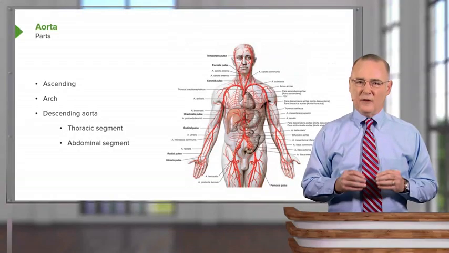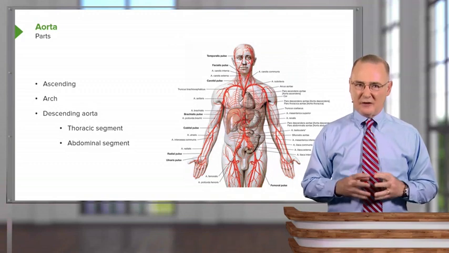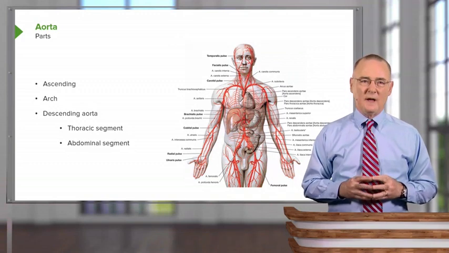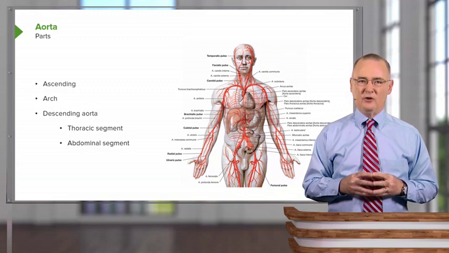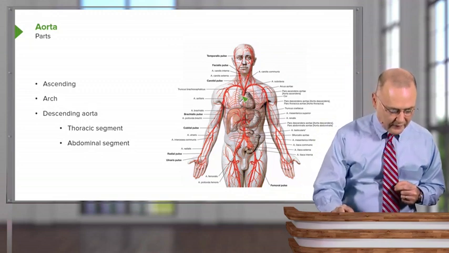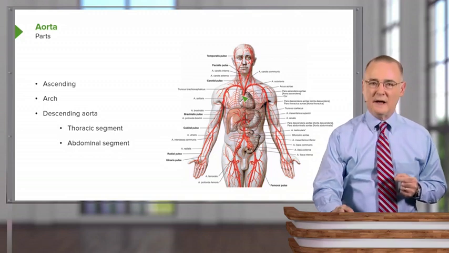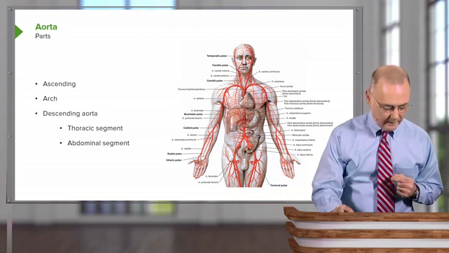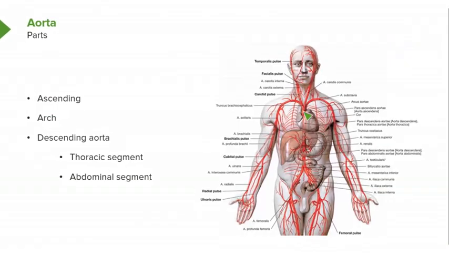Now we're going to shift to the aorta, the systemic circulation. The aorta has three parts that you should be familiar with. It has an ascending portion that we see right here. It's receiving blood from the left ventricle. The aorta then will arch superiorly and then will course posteriorly and to the left of the midline. And as it does so, it becomes the descending aorta, and we see it running behind or posterior to the